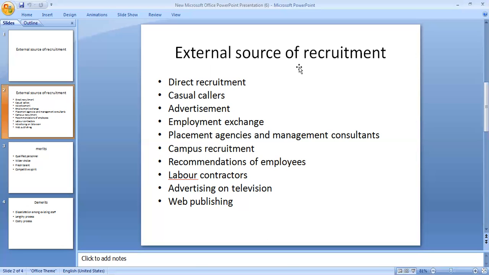Here, the first thing is direct recruitment. In this kind of recruitment, outside the factory premises, as you would have seen in many factories, a notice board will be there. On that notice board, they will place a notice indicating the job, for which kind of job they really want candidates, and a description of that job will be indicated, along with what kind of experience the candidates need, and whether they want unskilled laborers.